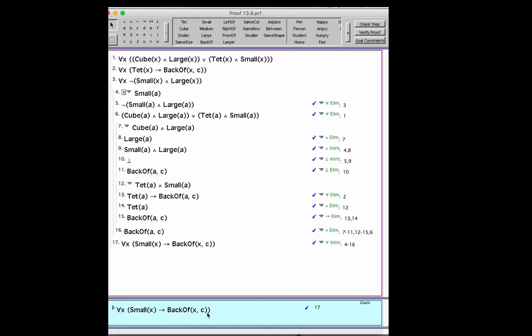So we take our standard setup, and I'm pretty sure that you probably know that this is a universal intro, but where things maybe get a little bit confusing is what happens next. In other words, how are you going to get to that back of relationship? So what I'd like to do is take the proof and start over,